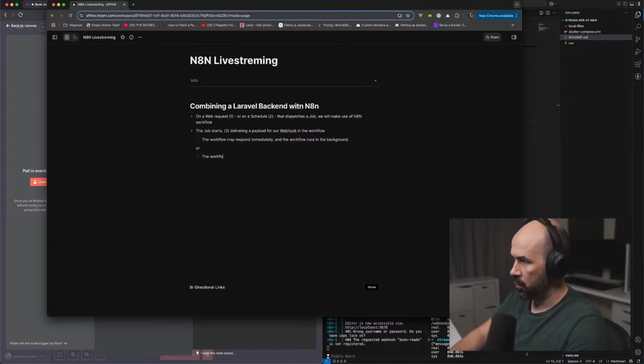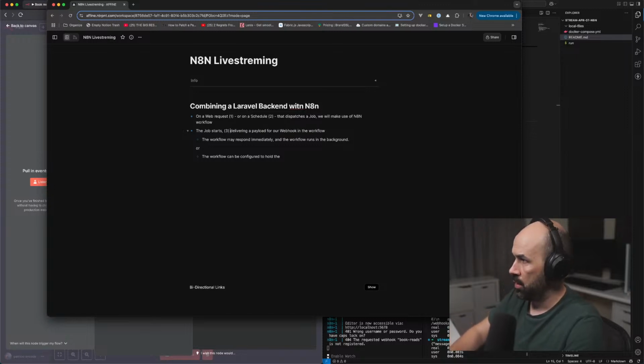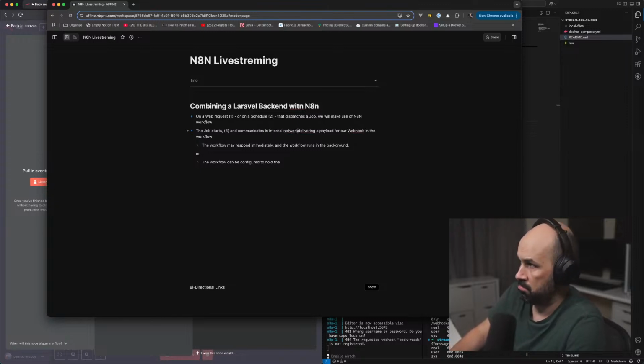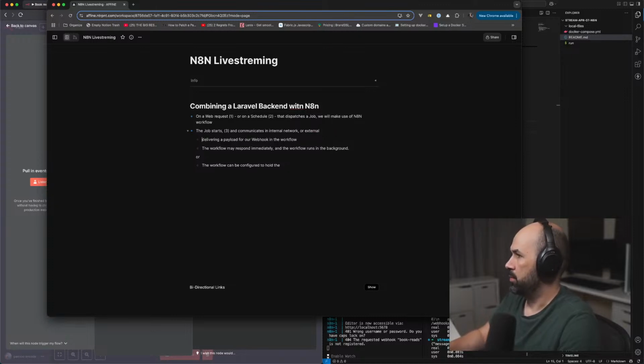Or the workflow can be configured to hold the Laravel request. The job starts and communicates in the internal network or external.